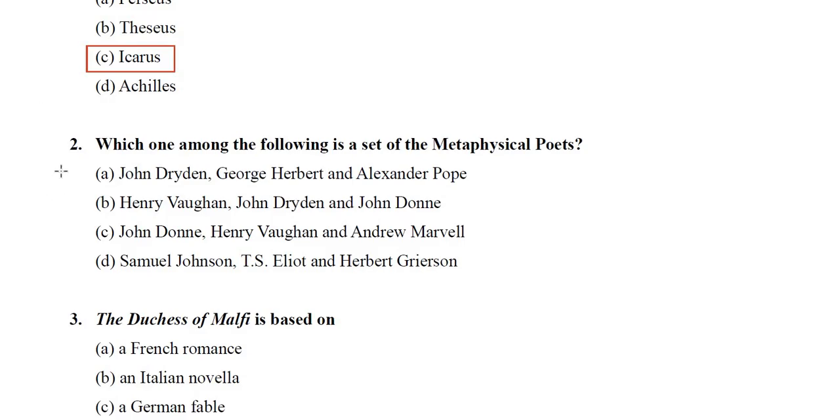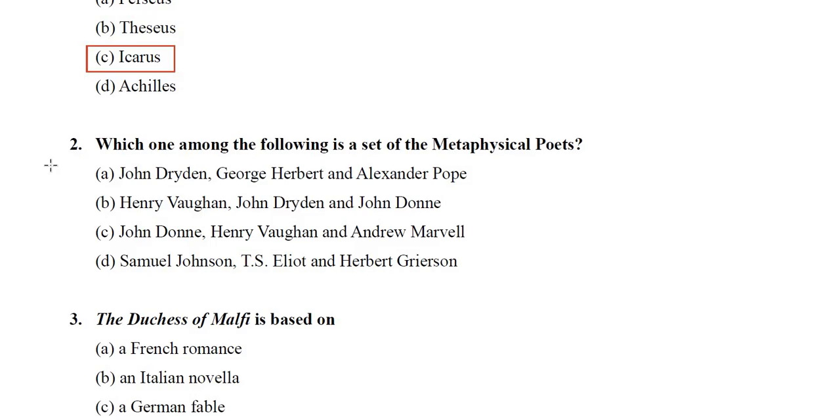Option A, John Dryden, George Herbert, and Alexander Pope. Option B, Henry Vaughan, John Dryden, and John Donne. Option C, John Donne, Henry Vaughan, and Andrew Marvell. Option D, Samuel Johnson, T.S. Eliot, and Herbert Grierson. So metaphysical poets we have during the late Elizabethan and Jacobean period, and I have actually discussed